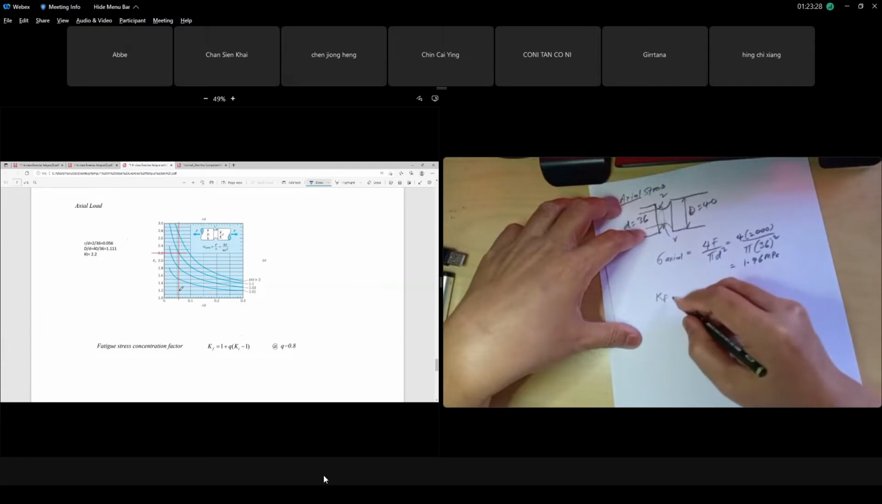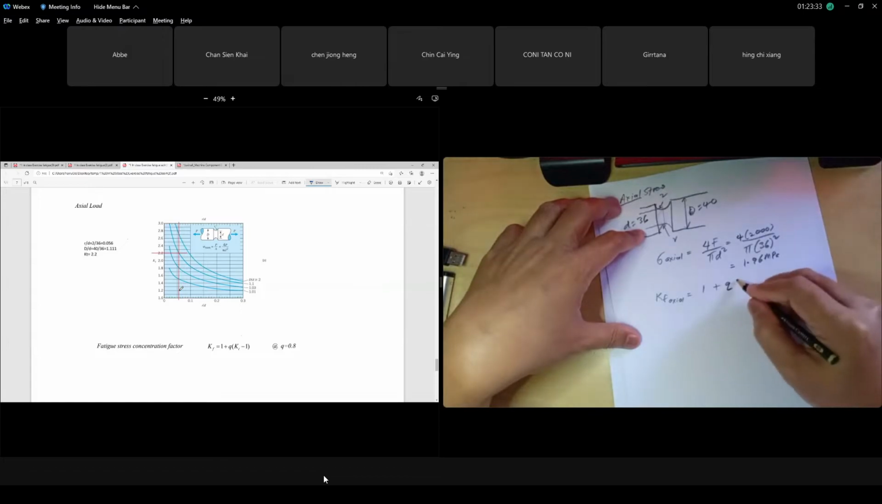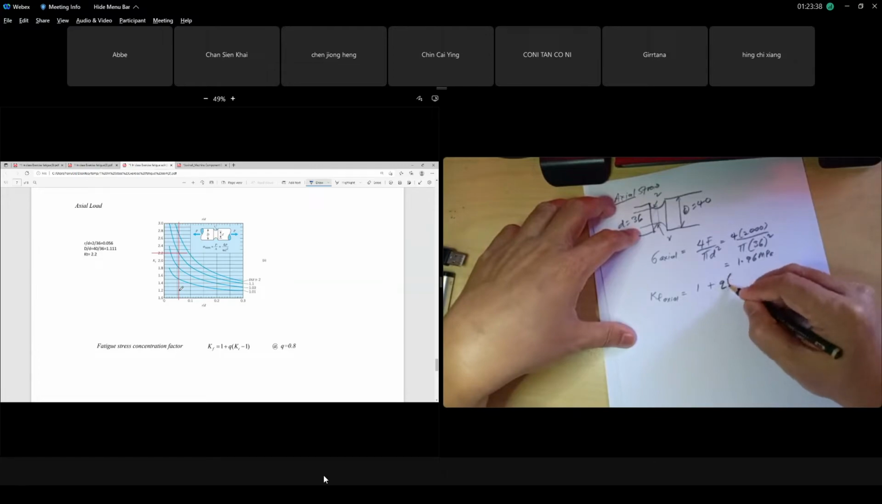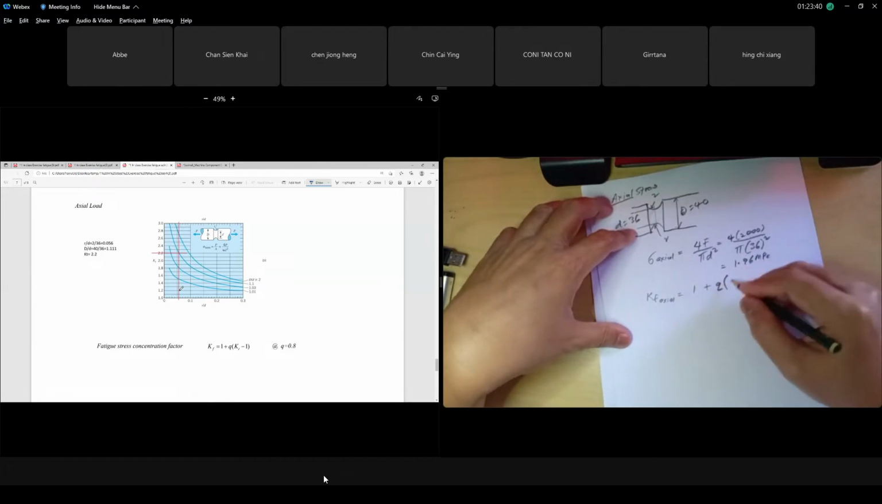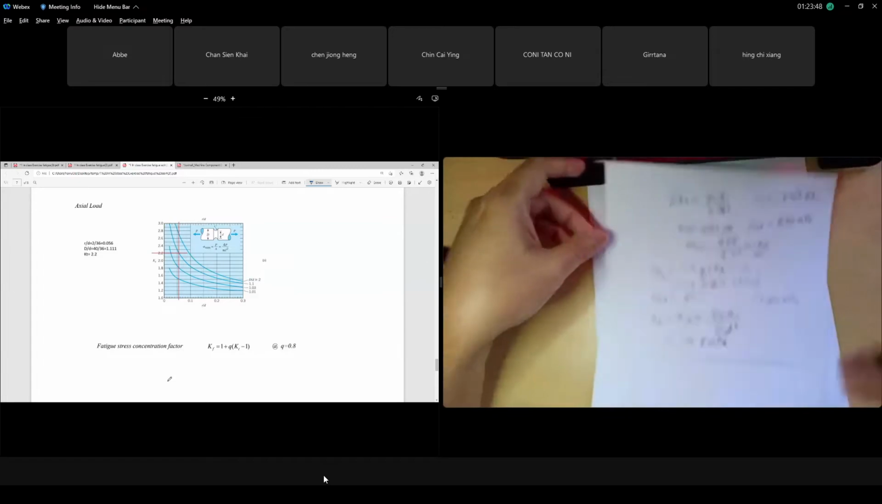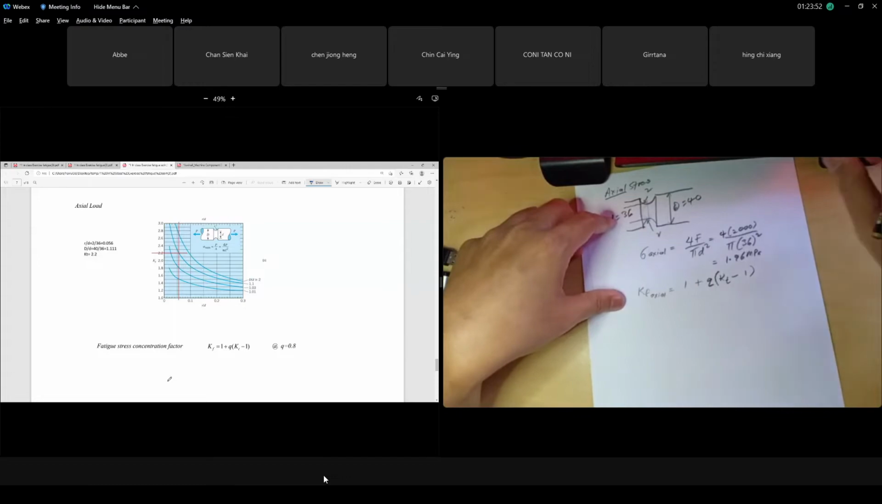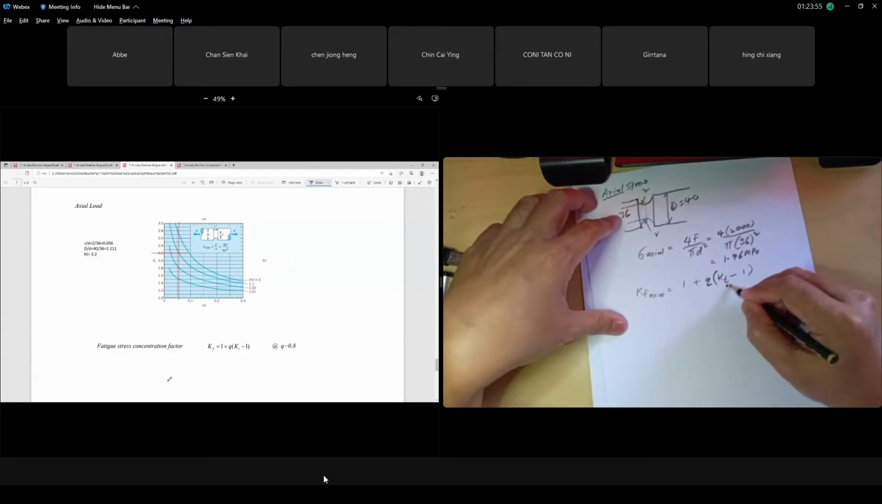KF axial uses the same equation, 1 plus q times (KT minus 1). q is the notch sensitivity, right? Remember bending and axial use the same graph, the same value, as I explained for bending. And KT here is KT axial, not the KT based on bending. Just now the KT we found, based on bending, was 2.25. But now we need to look at the figure again in chapter 4 for KT based on axial. Okay, we go back to chapter